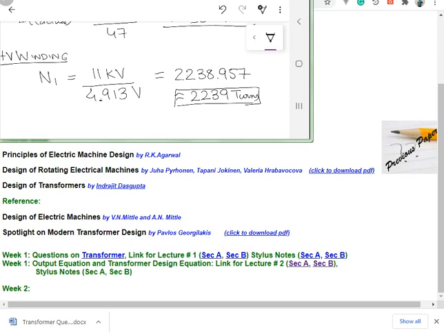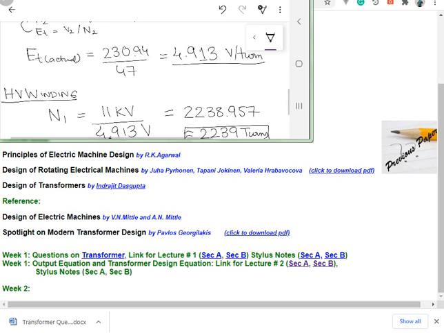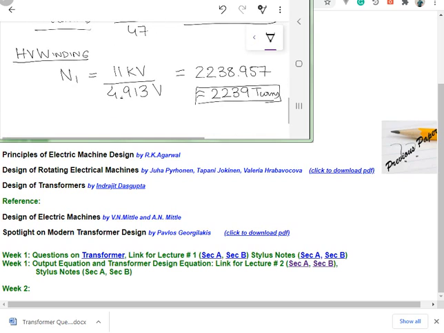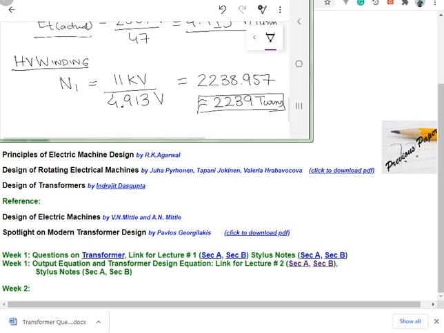Now, changing this 0.957 to a full turn, you don't need to recalculate ET actual. That ET actual will almost be the same. The only difference will be in the decimal places. You have to design it from the low voltage side, because the low voltage side has fewer turns. There, if you make even a slight fluctuation, it will cause more problems. On the high voltage side, even a difference of 1 or 2 turns is not going to make that much difference. Now when you have designed N1 and N2, after this,